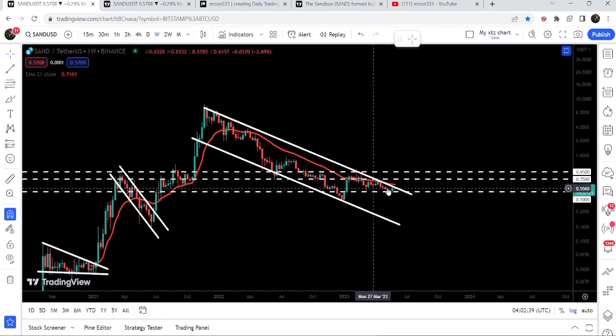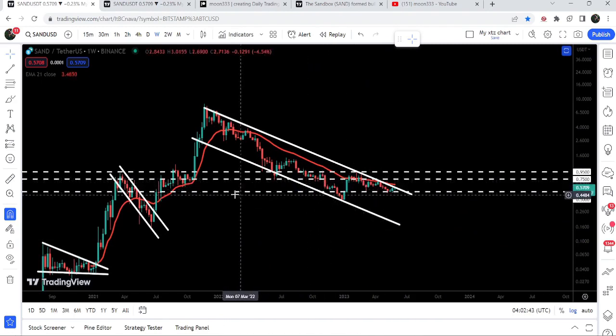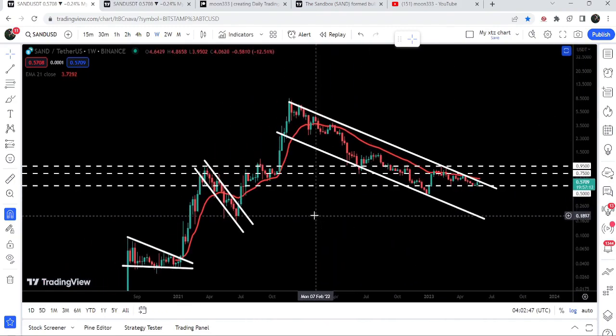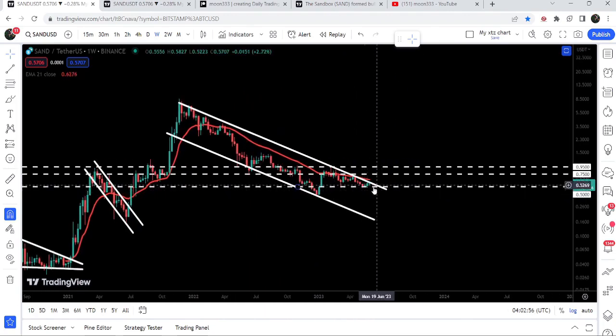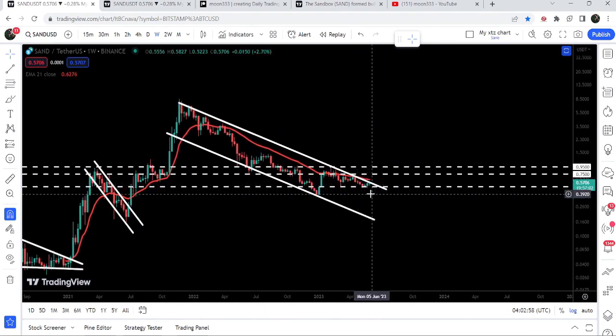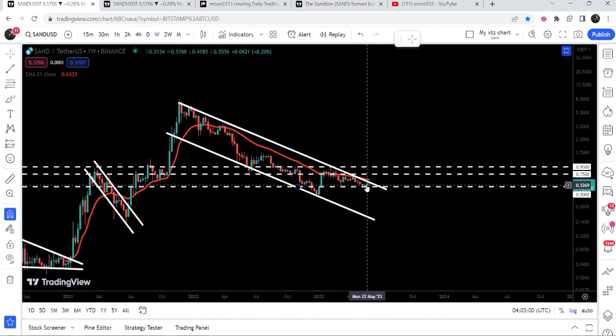then you can see we have moved very close to the resistance of this down channel. And we have also found a very long-term support here, by the way, at 50 cents. And previously, this level of 50 cents has been breaking as a nice support here and support here and support here. And here it was breaking as a support. Therefore, again, it is breaking as a nice support for the price line. And it is quite squeezed. The movement of the price line is quite squeezed between the support of 50 cents and